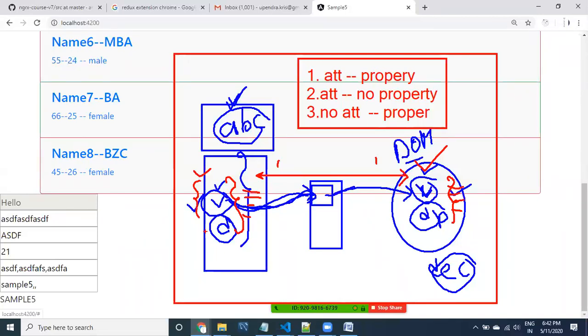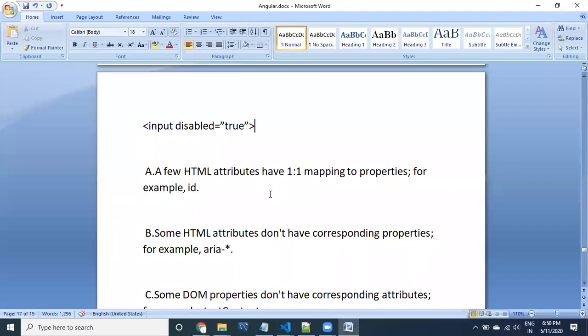That is what we are going to learn in the next step. Of course, I have documented this information in Word, and already provided it.